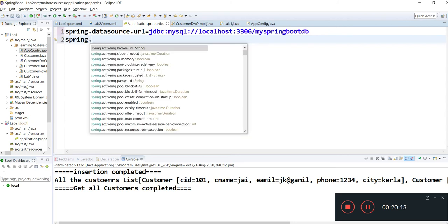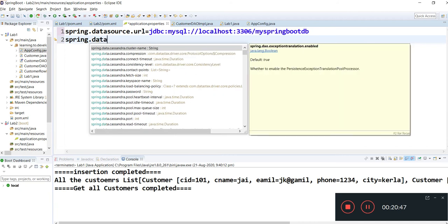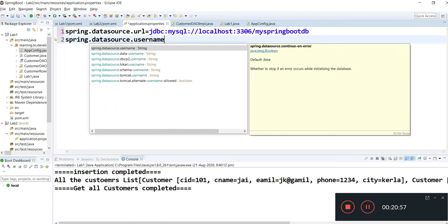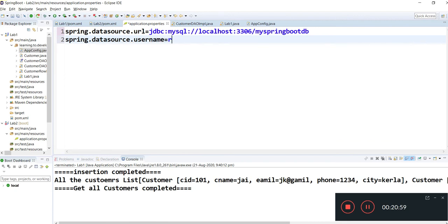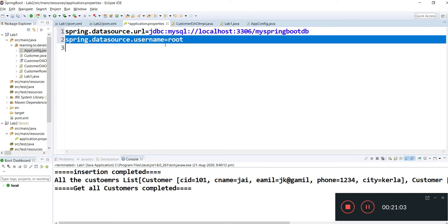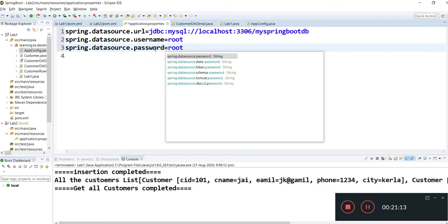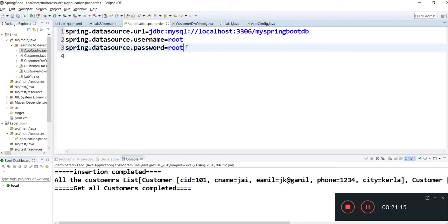Second, spring.datasource.username equal to root, and we can copy the same thing and mention password also as root.